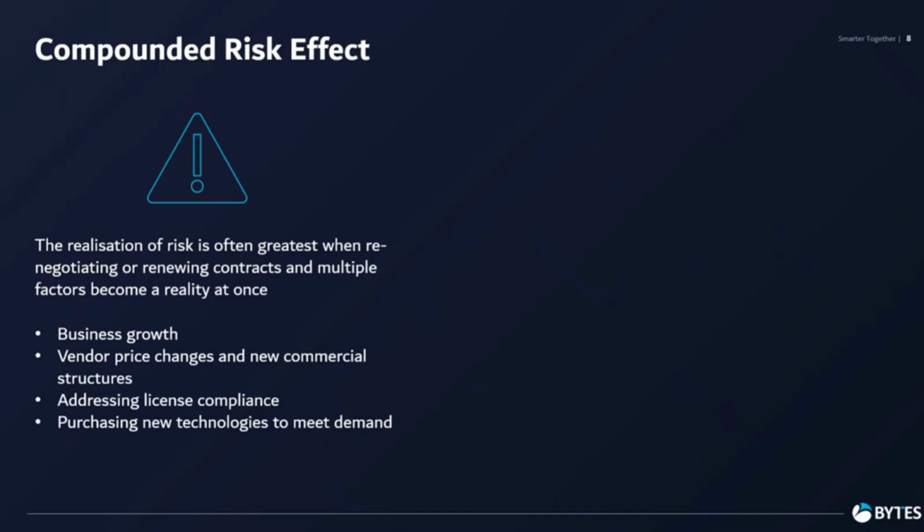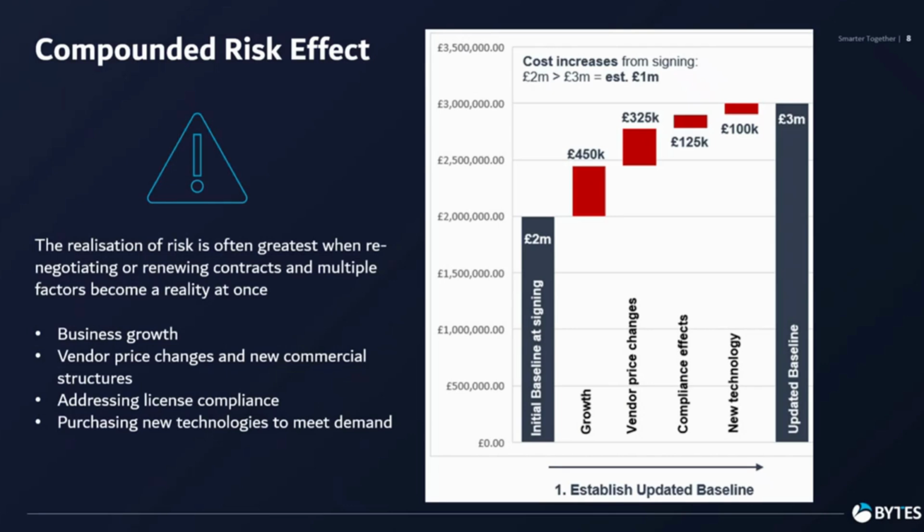So what we often see, and hopefully this gives you a good visual, is that your agreement may have started out at, for example, £2 million per annum spend when you signed it 3 or maybe 5 years ago, but you might have grown during that time, and the growth of maybe whether it be users or some new technology that you've added during that period has added another, say, 450k to the environment. It may be that when we take account of the price changes that have happened to various products and the price harmonizations, that could add another weight there.